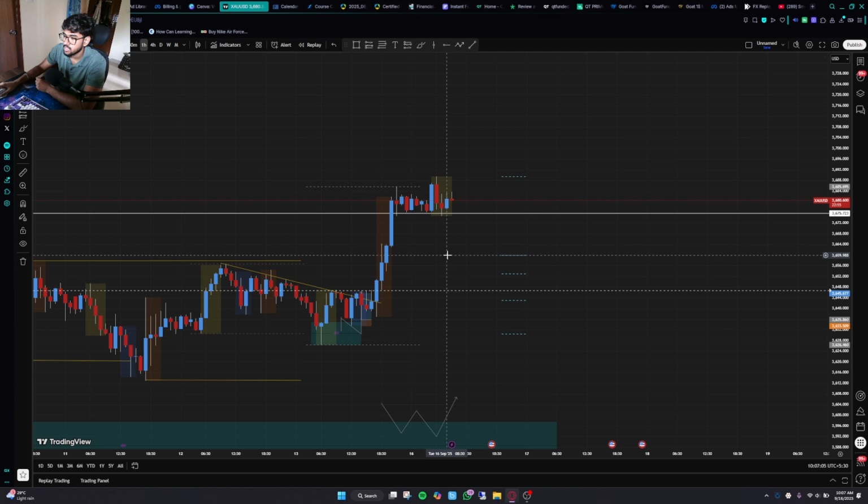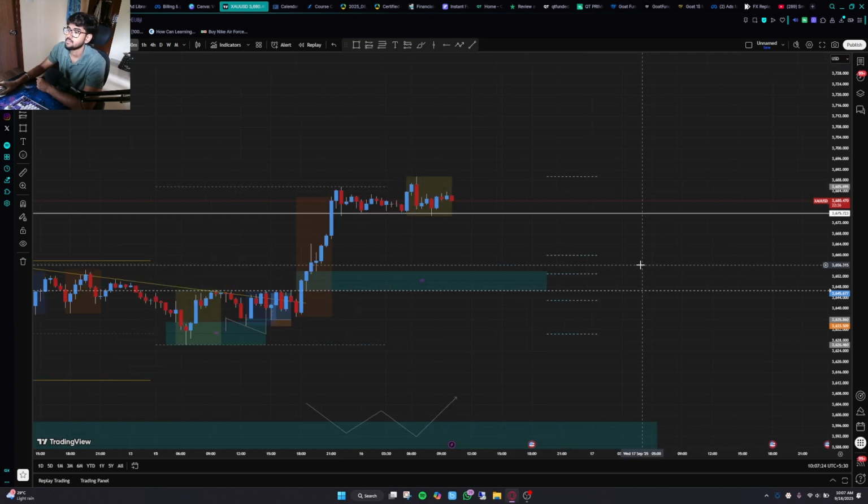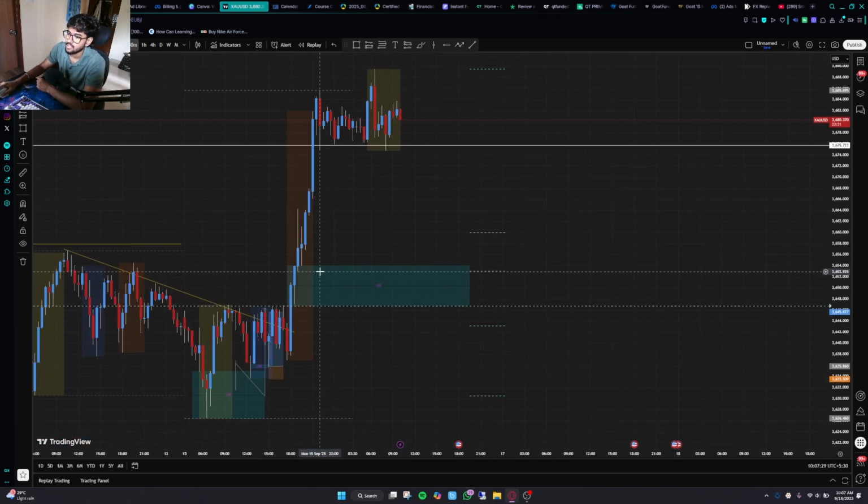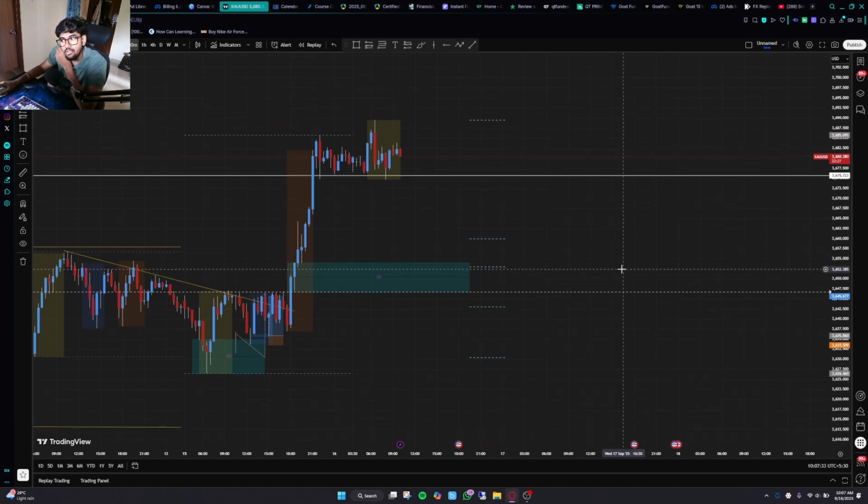We can look at some entries. This is the 50% mark. There is a fair value gap around the 60-ish point. Maybe, yeah, maybe we can try to take some longs around this region, and we'll see that in the 30-minute zone. In the 30-minute zone, you can see there's a clear uptrend order block. There's a fair value gap as well.